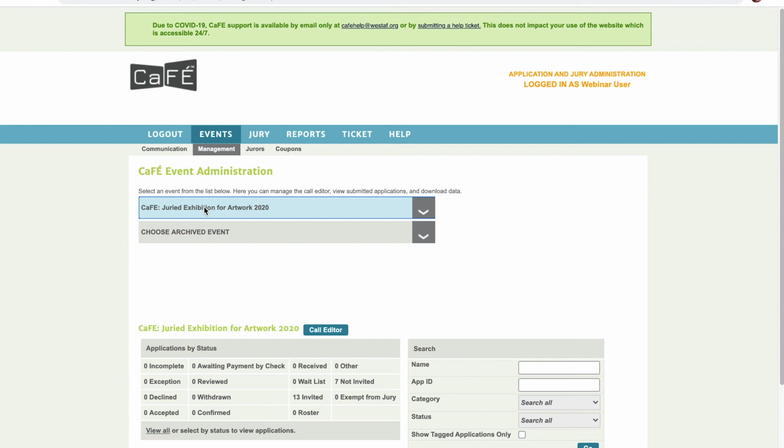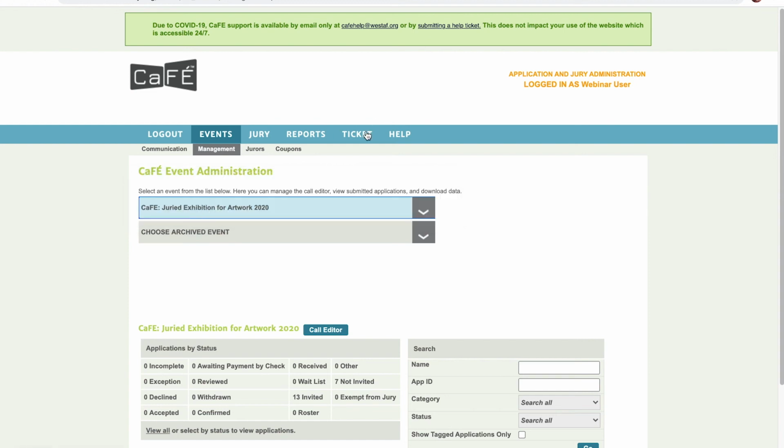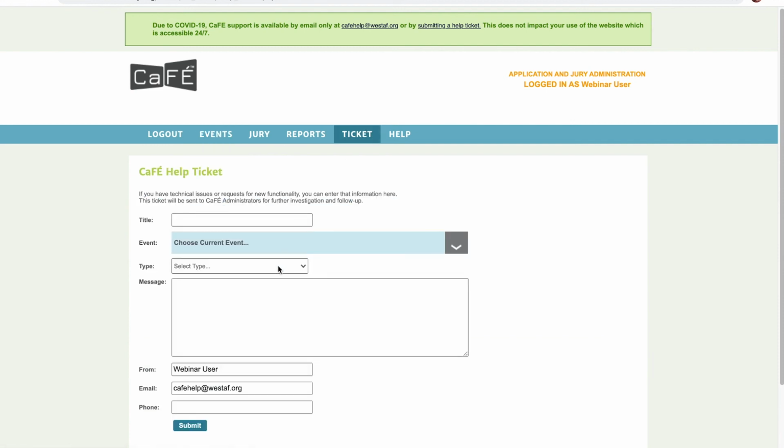Archiving your call allows you to keep your list of current calls current. This way you can stay organized. All you need to do is send us another help ticket here, or you can just shoot us an email, and you can ask us to archive your call. Just make sure you indicate the full name of the call so we know which one to archive. Make sure all your settings are changed, that you're ready to go before you ask us to archive.